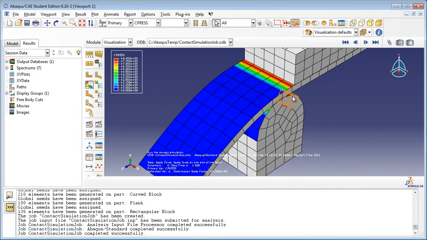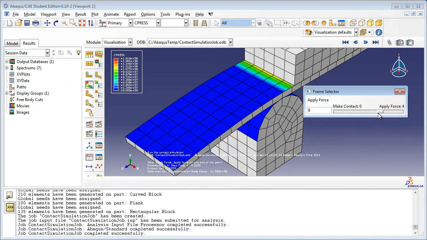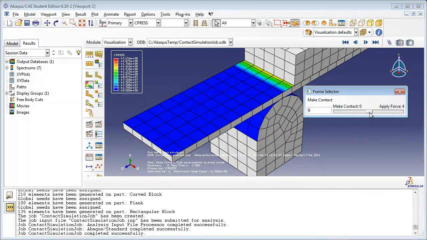Since we made a special step, Make Contact, just to establish contact, let's make sure that contact did actually occur in that step. Bring up the Frame Selector tool. Move the slider to observe when contact pressures appear on the plank and curve block. It would appear that contact pressure is present on the plank in both the Make Contact step and the Apply Force step as expected. However, there does not appear to be contact between the plank and the curve block in